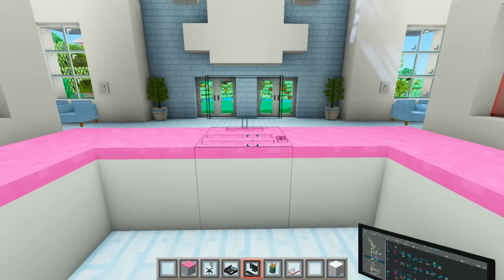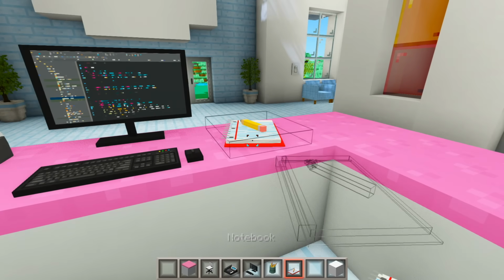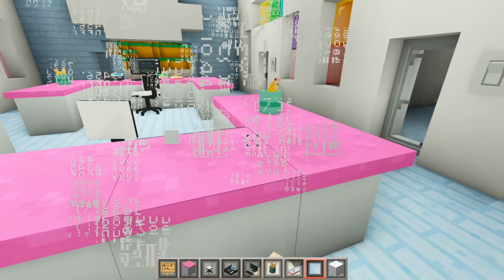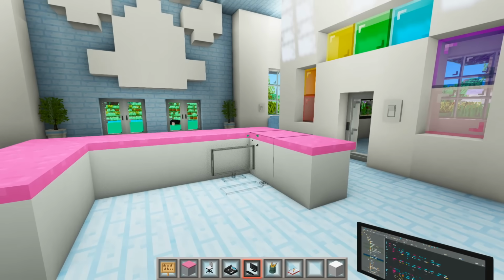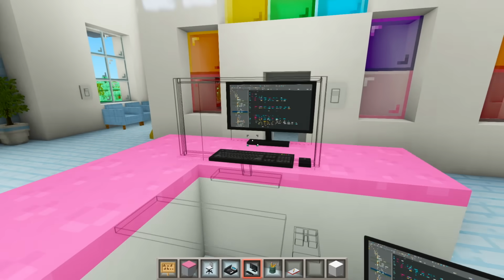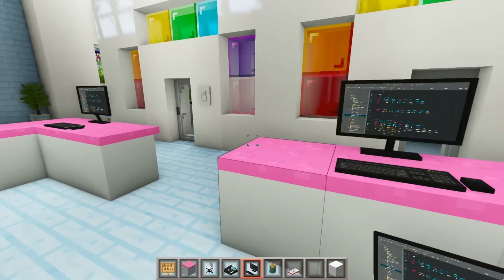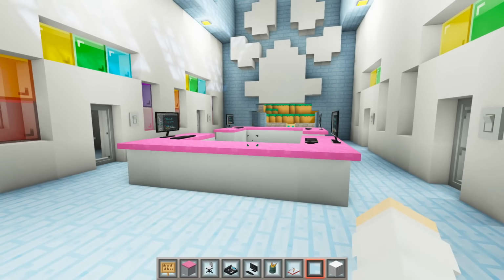Now we can go ahead and add a computer, an office phone, a little notebook, and an office chair. Actually, maybe it would be better if we did it like this. Instead of 2 people sitting at the front desk, maybe we can have 4, so we can add a computer here, and then here and here. I just feel like having computers on the sides of the counters looks a lot more welcoming to the people